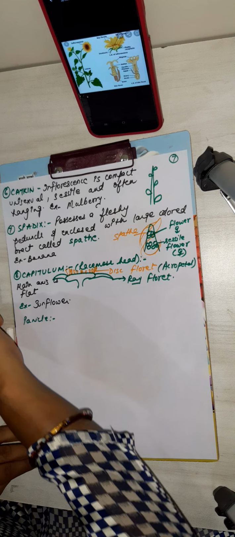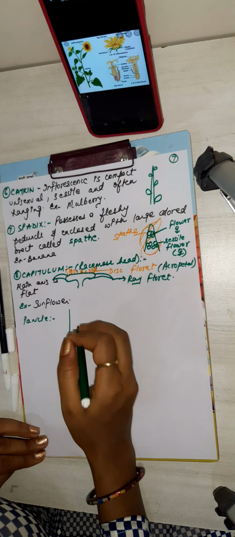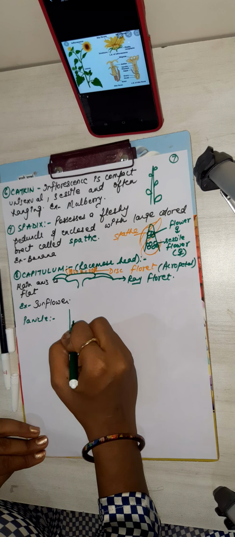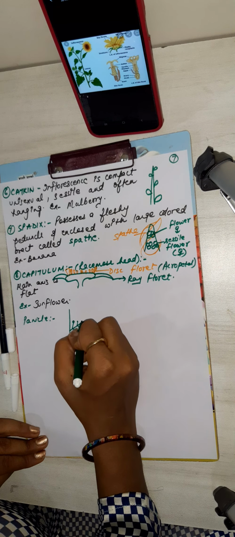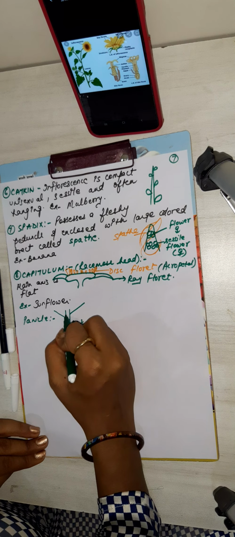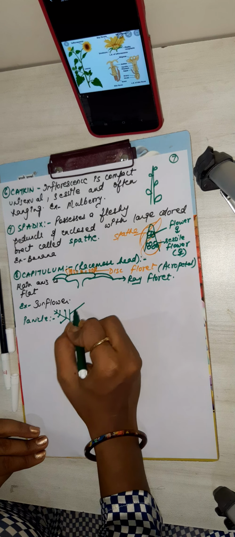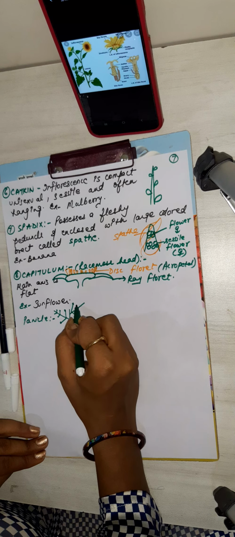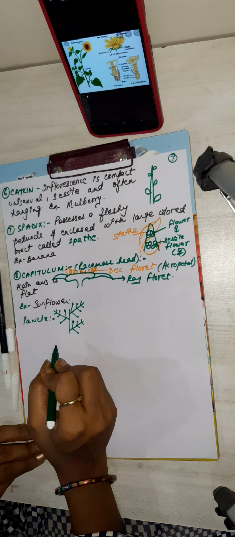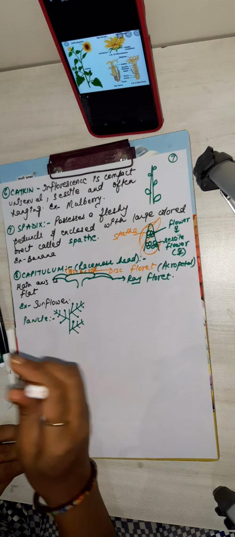Like raceme we have seen what happened. This is panicle. We can say what do you mean by the term panicle is